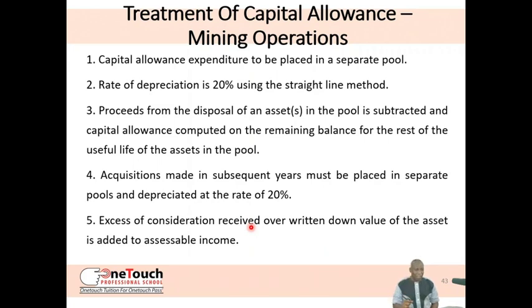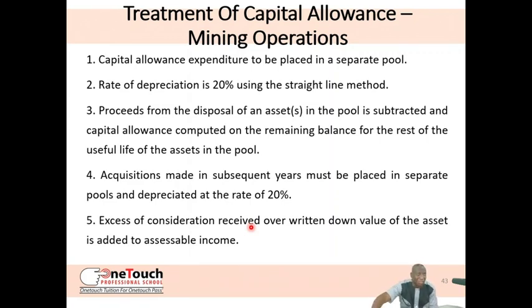The only difference between the treatment of capital allowances under mineral operation and under mining operation is that when there is a disposal of a depreciable asset in the pool, that disposal is always subtracted from the written down value of the pool. And the balance left is what we calculate the capital allowance on, depending upon the remaining useful life. I repeat. The calculation of capital allowance under petroleum operation does not differ from the way it is calculated under